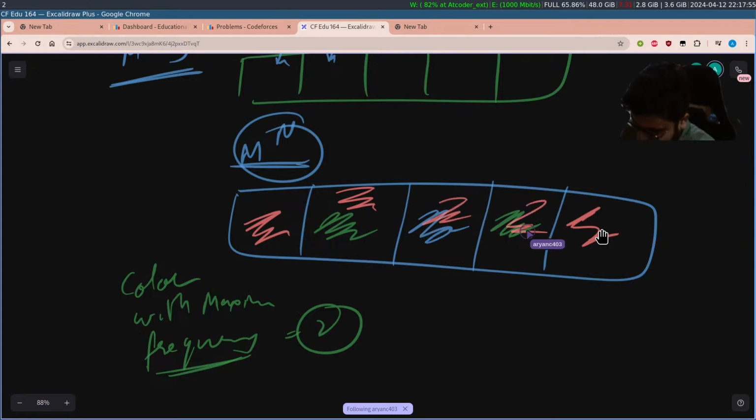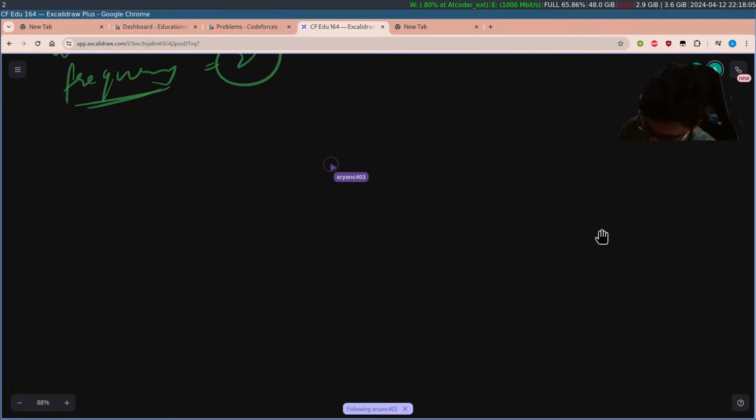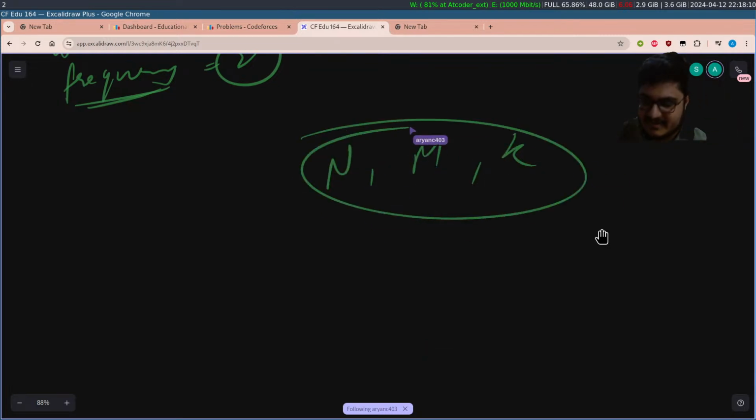Or the other way can be to paint all the cells green. So given n, m and k, we should find first the minimum possible value of